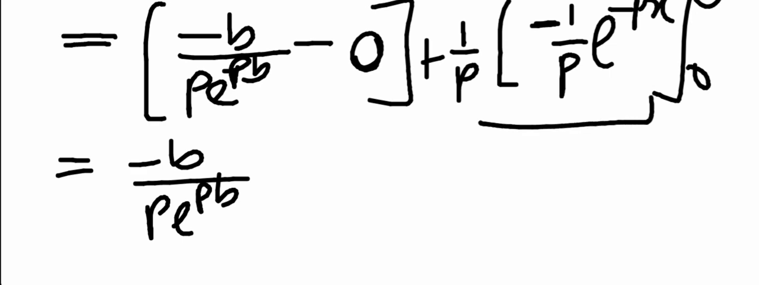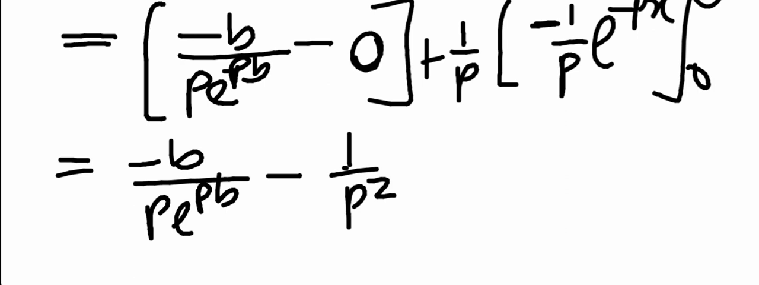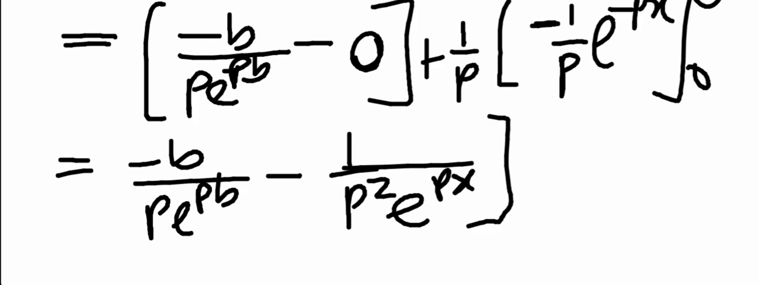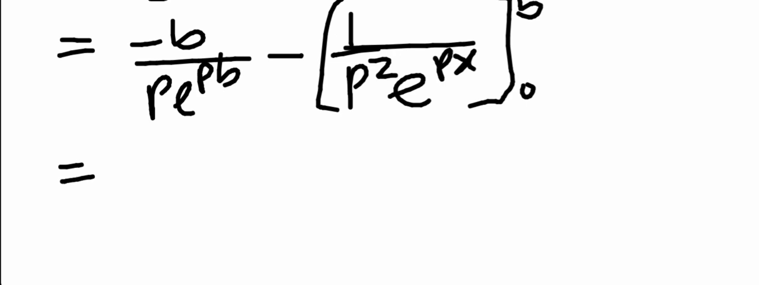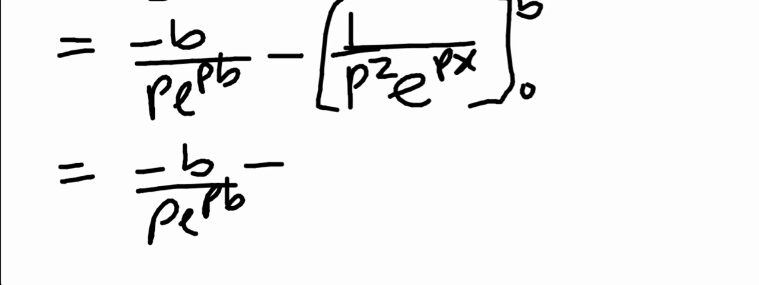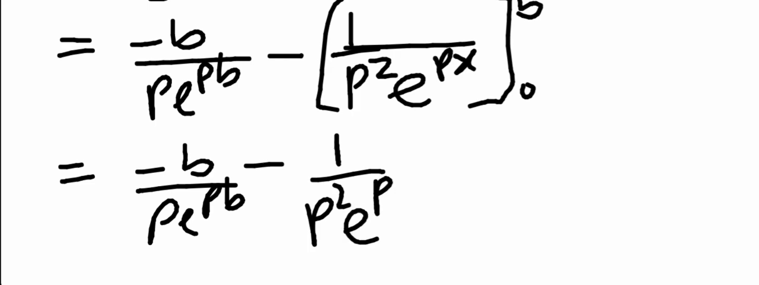At this point we are going to push this exponential down because of this minus sign, so that will give us minus 1 over p squared exponential px. See that the exponential is now down and it's going from 0 to b. So this will give me minus b over p exponential pb minus, when I put b here, I'll have 1 over p squared exponential p, x is here, so b, minus,